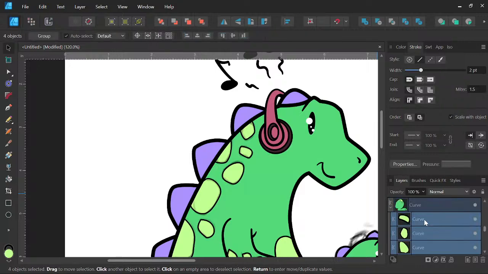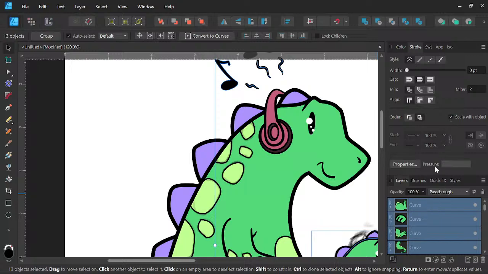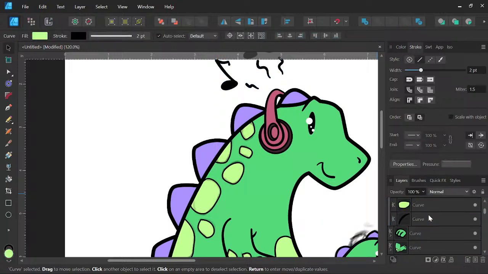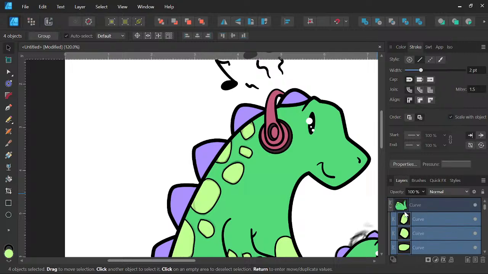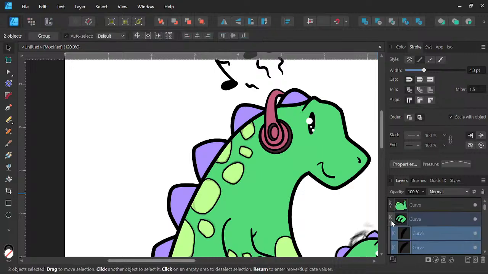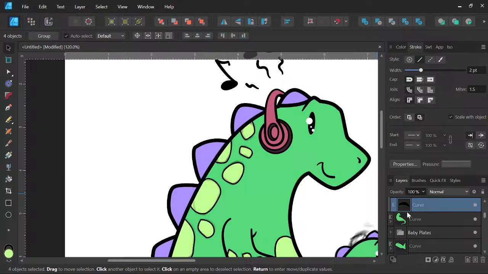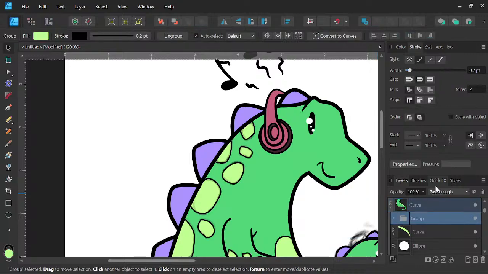It's a little frustrating. I have to go back now and click on all that stuff. So, okay, here we go. Because it's literally everything that I need to click on. And then you would think that doing that would scale with object everything inside the shape, but it does not. And that's also very frustrating. If I wanted the whole shape to scale with object, I would imagine that I'd want the contents to also scale with object, but